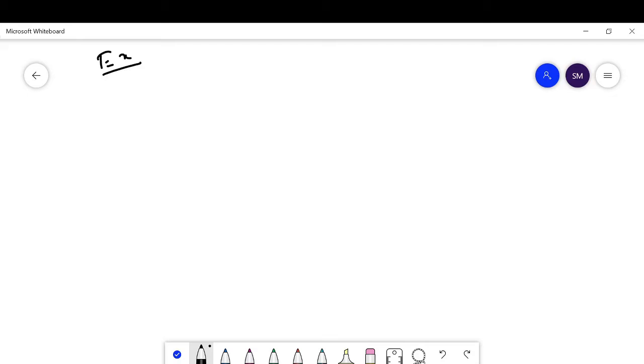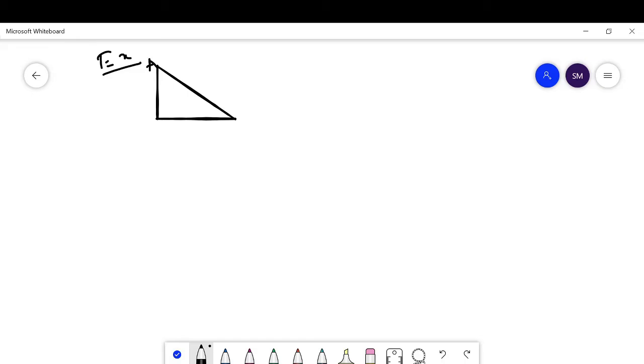The questions in the exam paper are a challenge for you. If you practice more and more questions, then you can solve any question. Here in this question, ABC is an isosceles right triangle. Isosceles right triangle means two sides are equal.